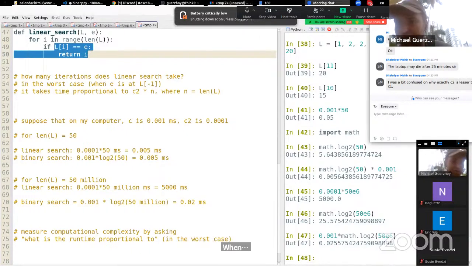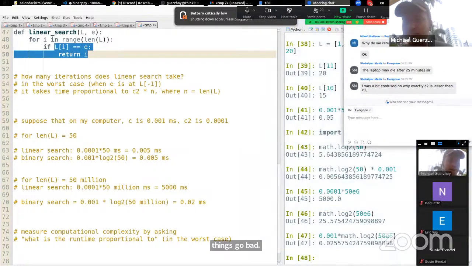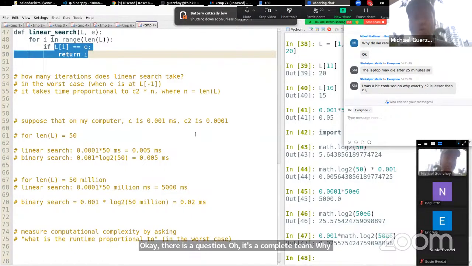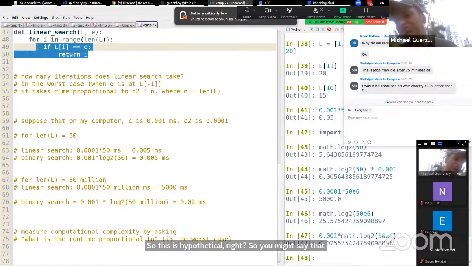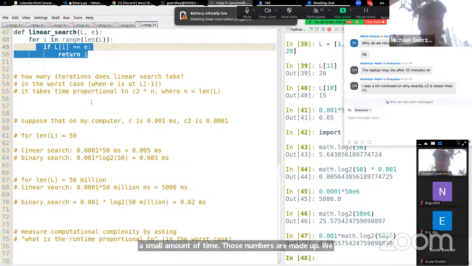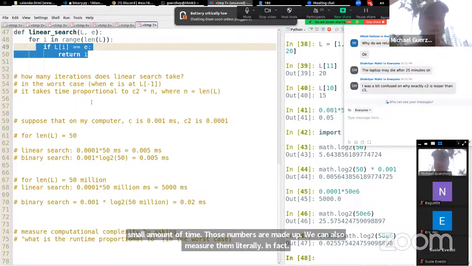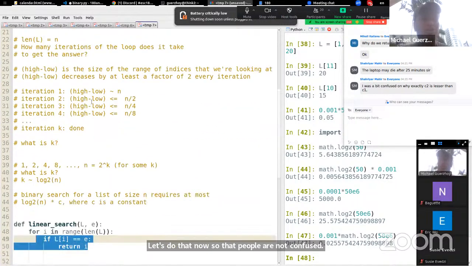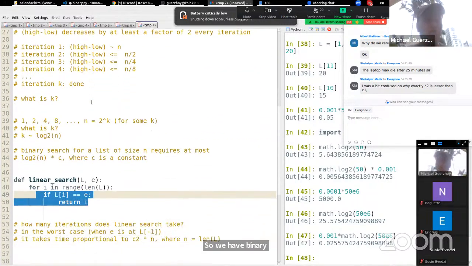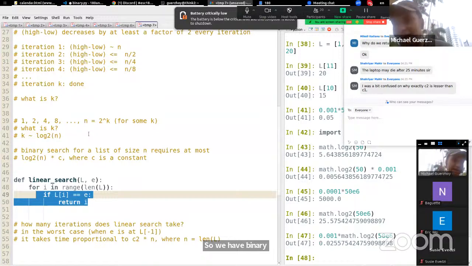Okay, there is a question. Why is it C2? Well, there's no C1, there's just C. So this is hypothetical, right? You might say that this is less code, so maybe an iteration takes a small amount of time. Those numbers are made up. We can also measure them literally. In fact, let's do that now so that people are not confused. So we have binary search and we have linear search. So we can ask,